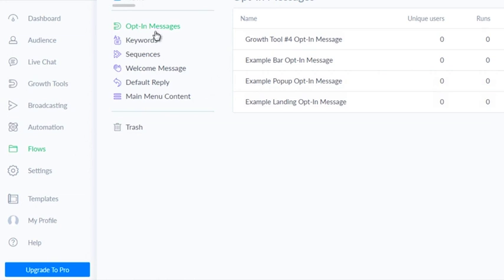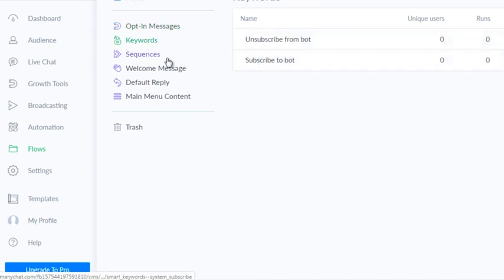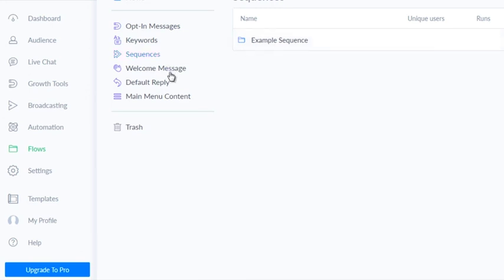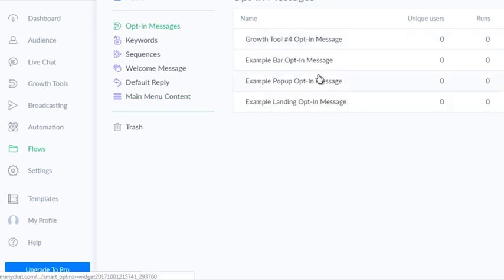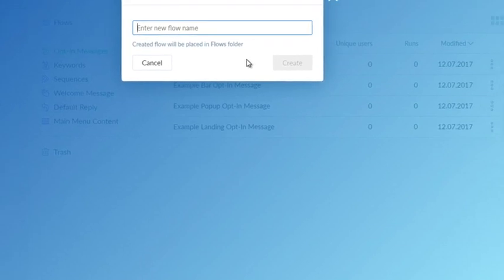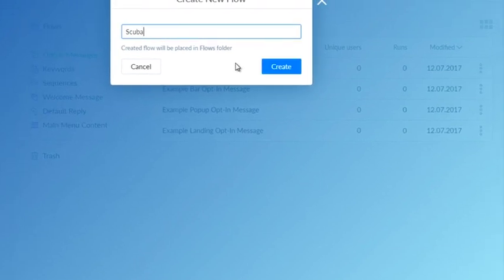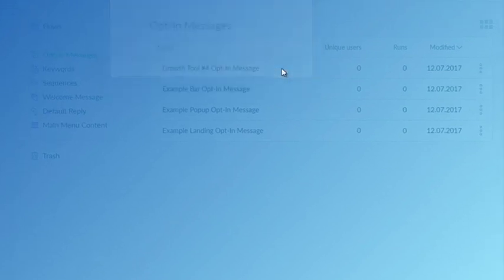So as you can see here, we have opt-in messages, great for getting access to people's email addresses. And we've got keywords, unsubscribe, subscribe, sequences, welcome messages, replies, and main menu content. So with these flows, you can choose one and then edit it. Or you can click new flow, and we'll just call this scuba test. We'll click create,